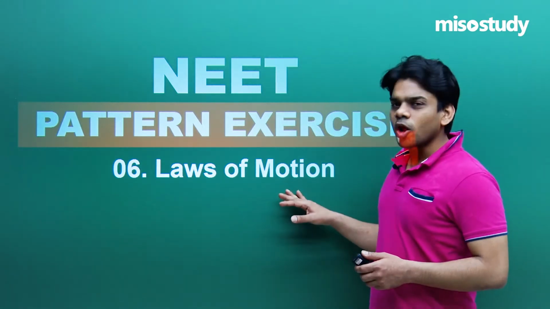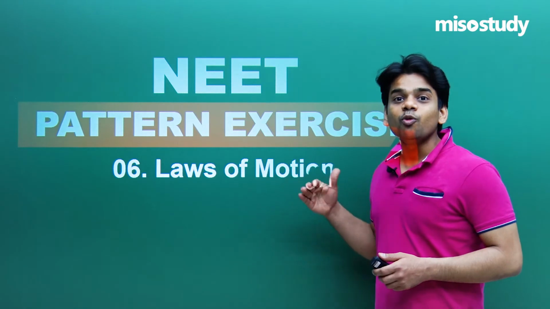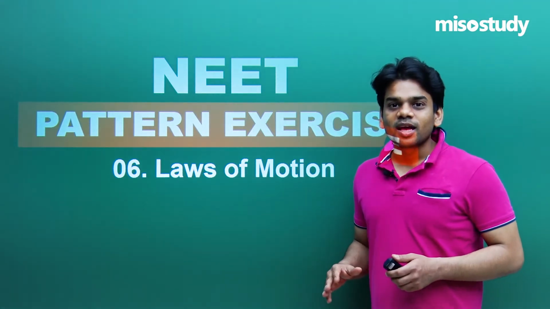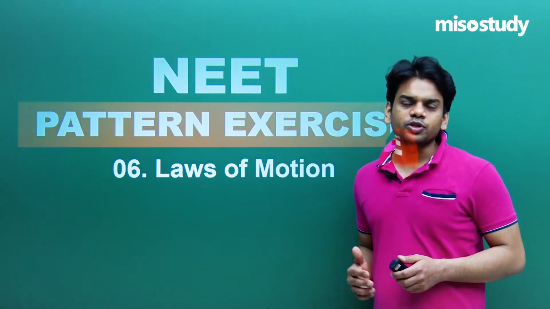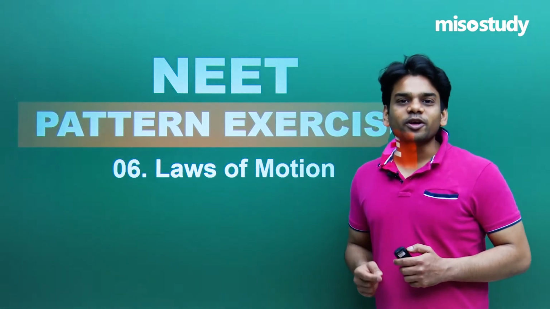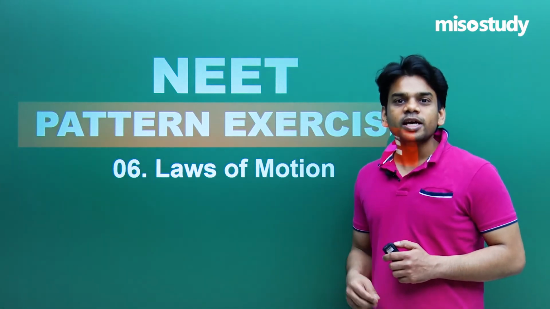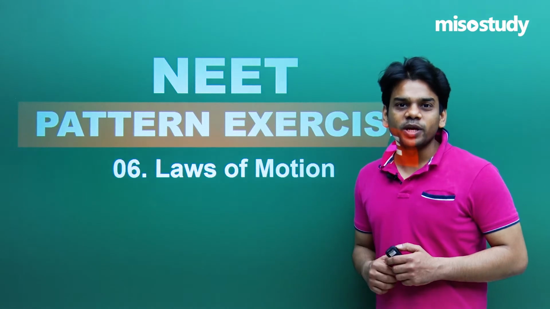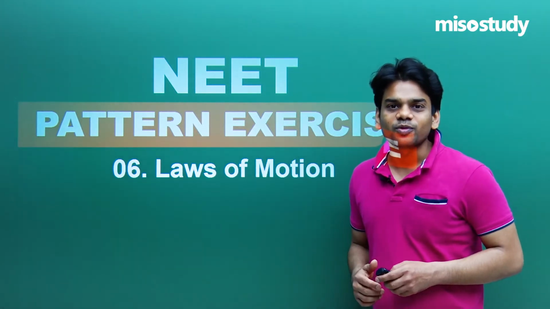So in today's class, I will talk about how to apply the laws of motion concept in the coming questions and how we can increase our accuracy as we go with the concepts. And as you increase your accuracy, you'll find that gradually you'll increase your speed of solving the question. That is what is required in your NEET examination. We require both speed and accuracy. So first of all, target accuracy. You know the concept, solve questions, get accuracy, and then work on your speed. You will find that as you gain accuracy, speed will automatically come with the practice.